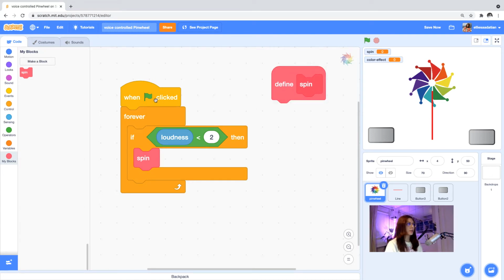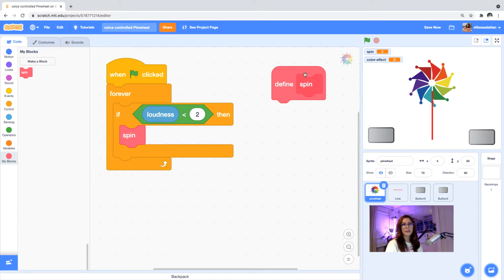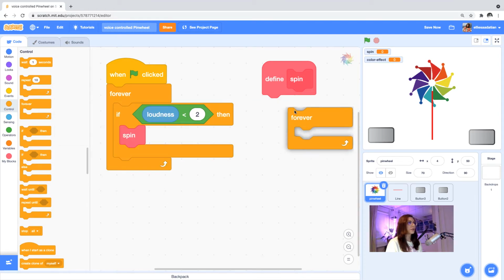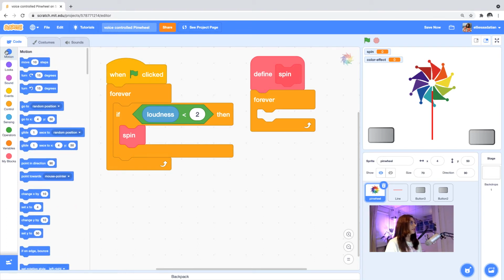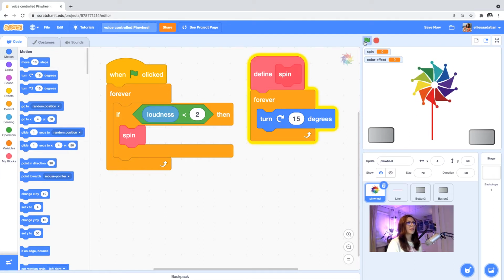But we didn't say what spin looks like. We only gave it a name, defined it, but it's an empty function. Now let's define it first and give it a test and see how it works. The job of the spin function is to simply turn whatever sprite that is called on. So in order to say turn forever, I should take the forever and then go into motion and use something like this. Turn some amount of degrees. So I play start,